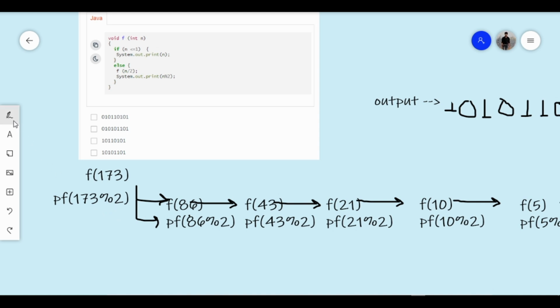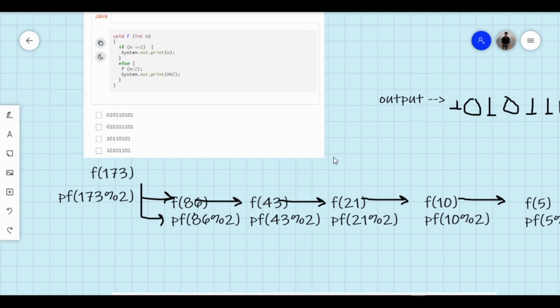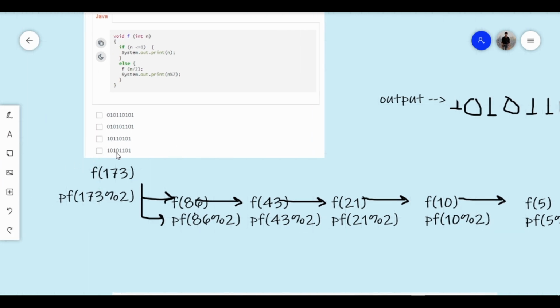This will print 1. So at last 1 will be printed. So what is our output? 10101101. So our correct option is option D. Okay. So this was a combined question.